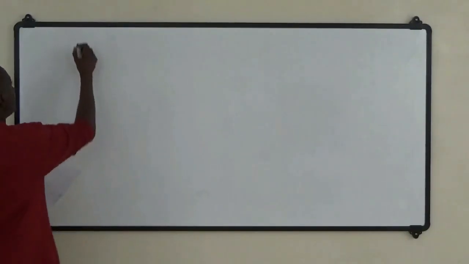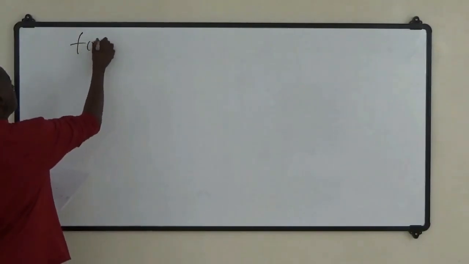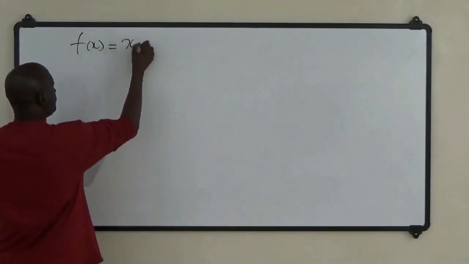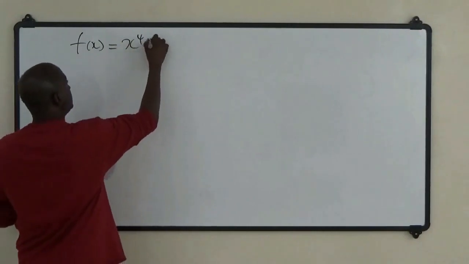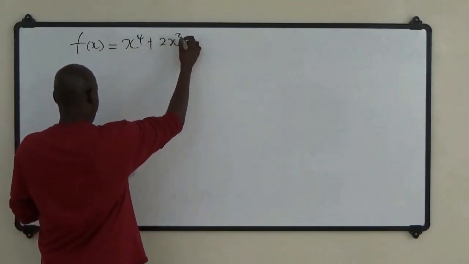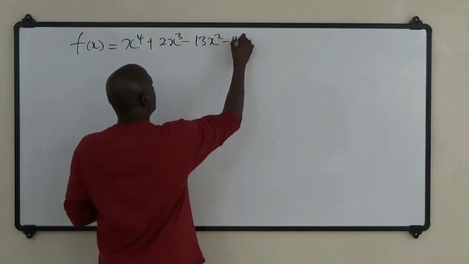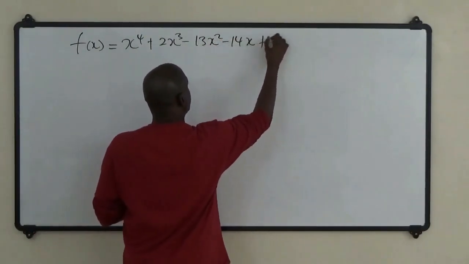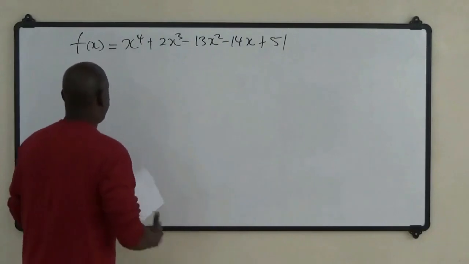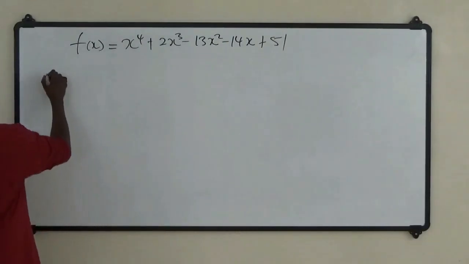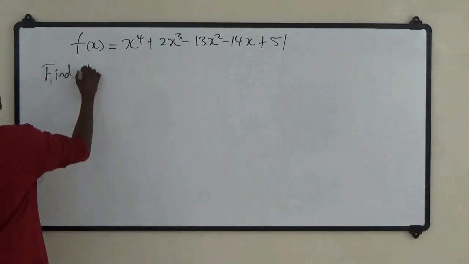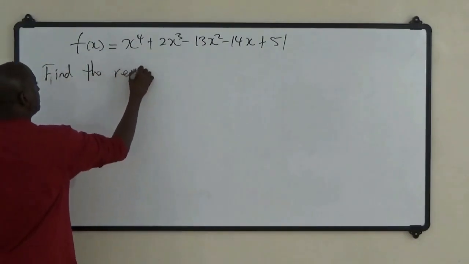They would say f of x is equal to x to the power of 4 plus 2x cubed minus 13x squared minus 14x plus 51. And they say now, find the remainder